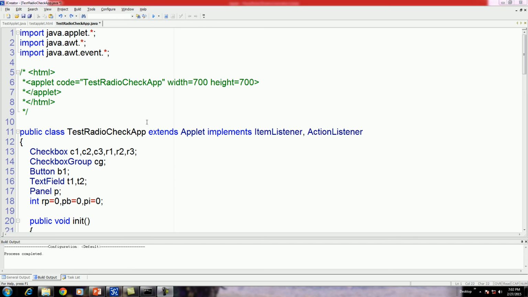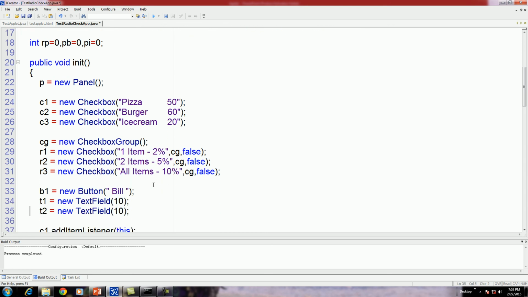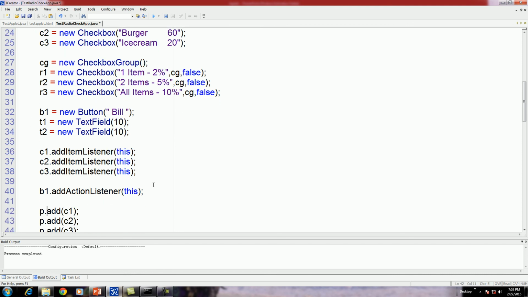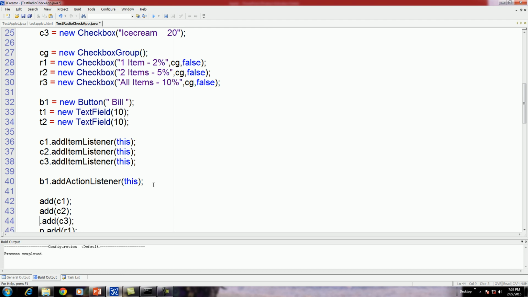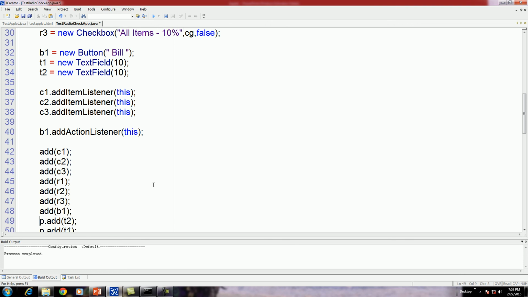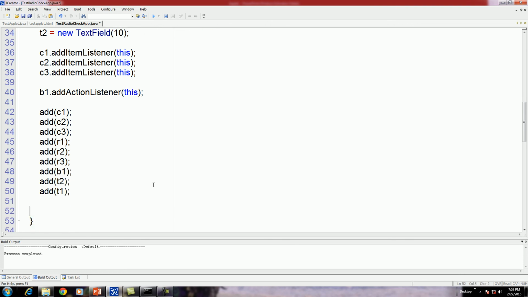If you want to design this applet in a proper way, then remove this panel. Then remove the p dot add, as well as remove add p.